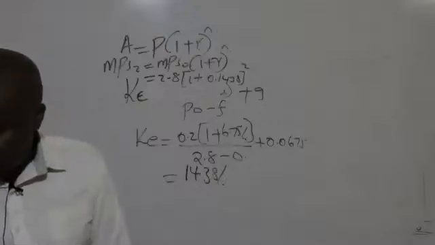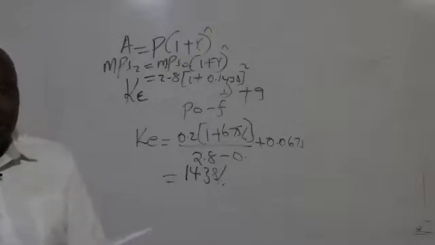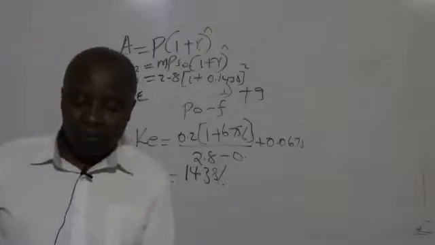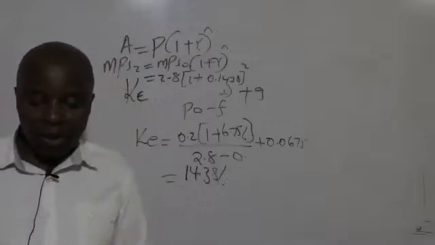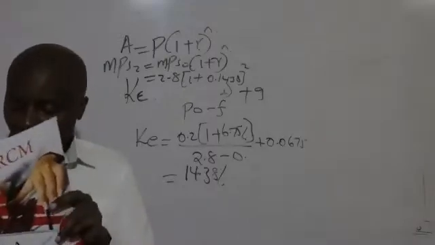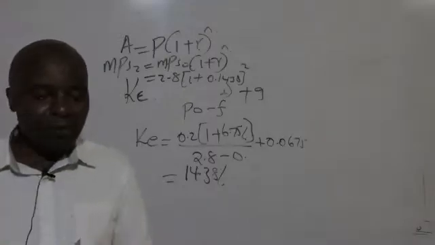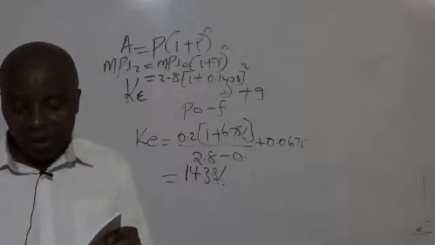Which question is this? It's May 2019, question number 3B. For those of you who have got these revision keys, it's page number 91. There's a question there called